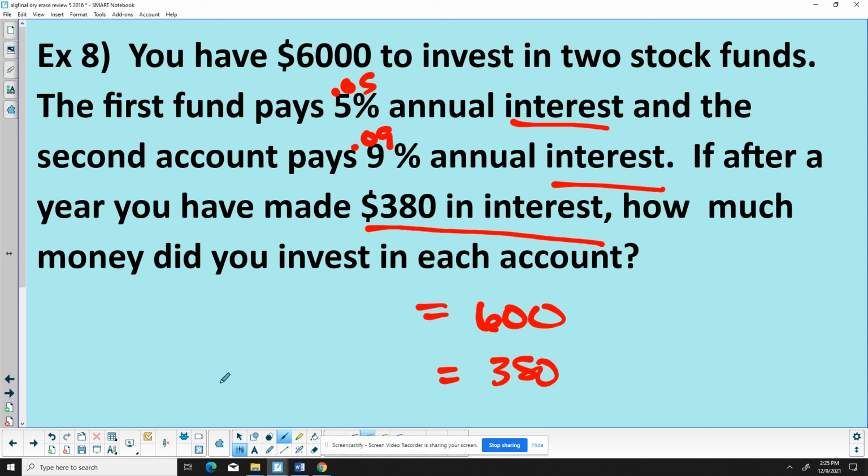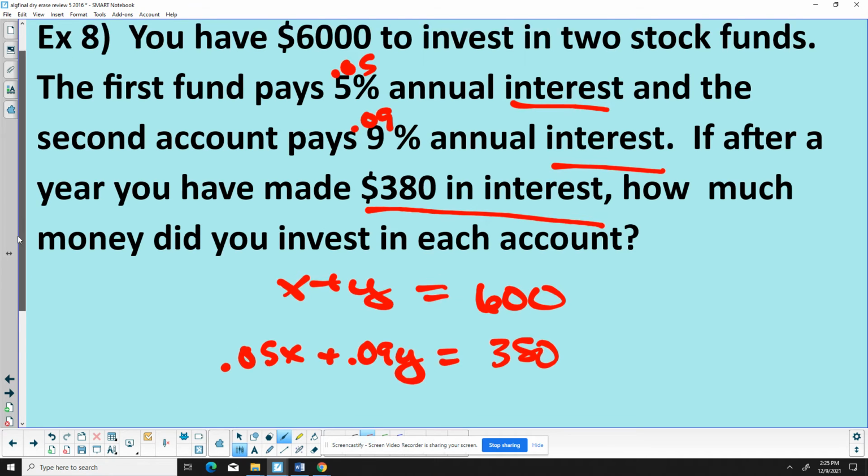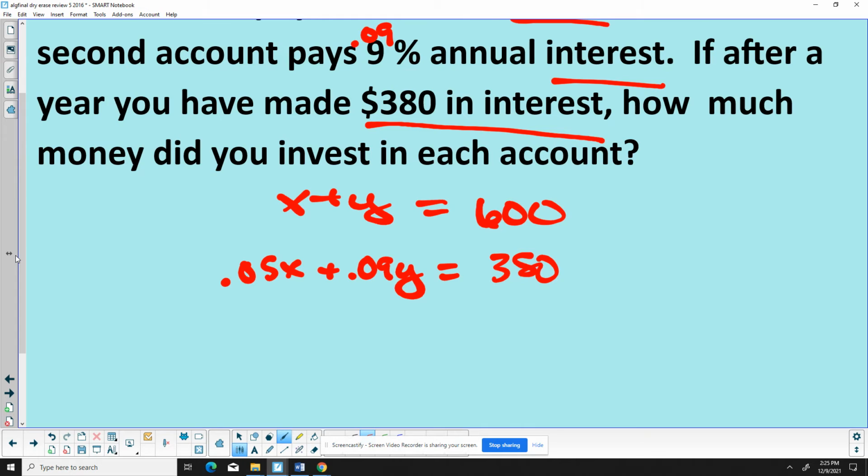So 380, 0.05x, and 0.09y. And the other's just x plus y. There's no other numbers. That's all I can do. So I put some in the first fund, I put some in the second fund, and the total I put in was